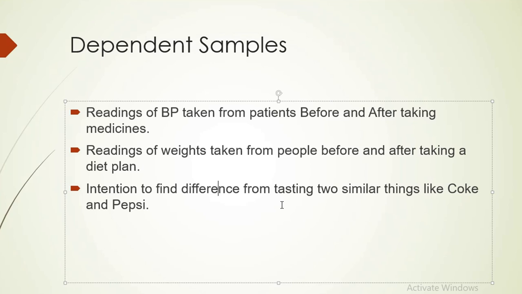In independent samples, we have to take different samples from two groups, like 12 females and 10 males, or 20 females and 10 persons from another group. But what's the difference here? You have to use one object for two measurements, meaning weight before taking the diet plan and weight after taking the diet plan from the same person. You are not using two samples. You are using one sample but taking two measurements. That's the basic reasoning.